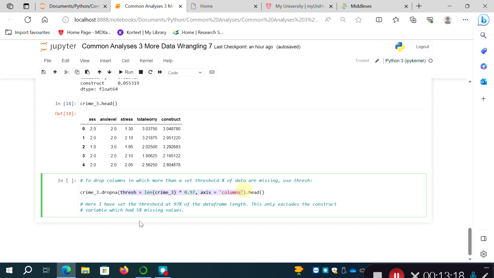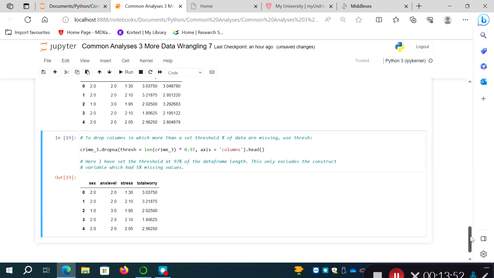Firstly, I've used the thresh argument and set it equal to the length of crime3, the original length of the data frame, 235 observations, multiplied by 0.97. Then a comma, and I've specified that we're looking at the columns, so axis equals columns. If you see axis equals index, that refers to the rows. Then I'm just going to call the head of the data frame. So if I run this,